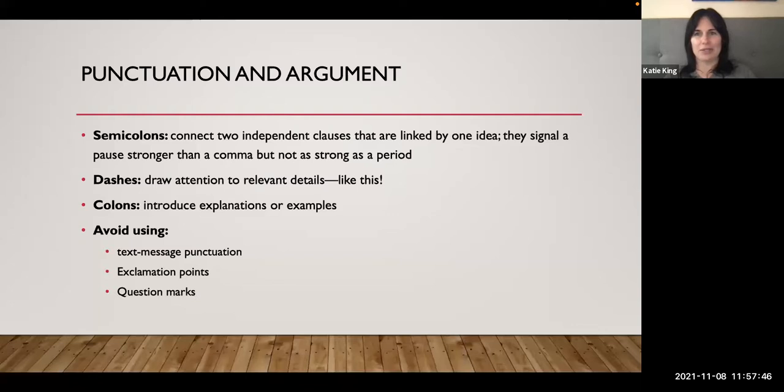And also avoid using question marks. A lot of people like to do this. They love to ask that rhetorical question either in their intro or somewhere in a body paragraph, and avoid that at all costs, because there's another kind of famous saying, again, unattributable, or just an idea that, if you have to ask the question within an argument, you should already be in the process of answering it. Unless you're leaving it in your conclusion as that sort of final flourish or flair. You really don't want to put a lot of rhetorical questions in academic writing because,